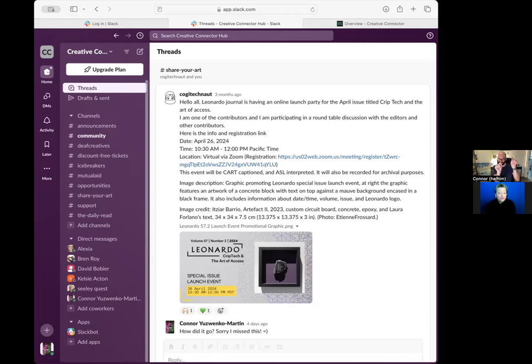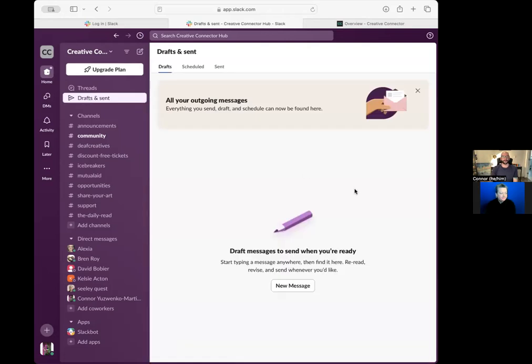Now, right below threads is drafts and sent. Let's click on that. So there's actually three functions here, or three features. Now, how the three of these features work, I want to take a step back and use another kind of